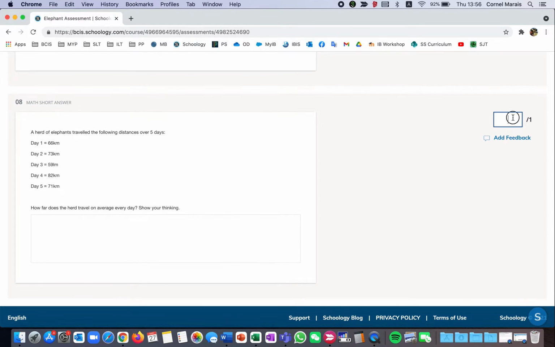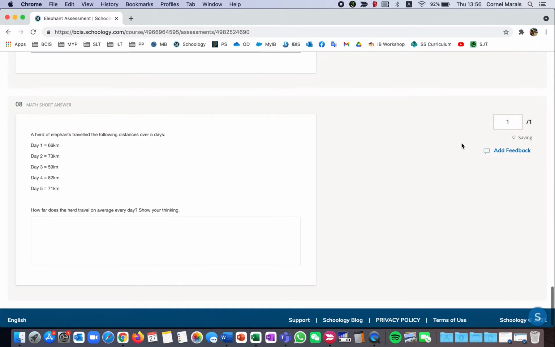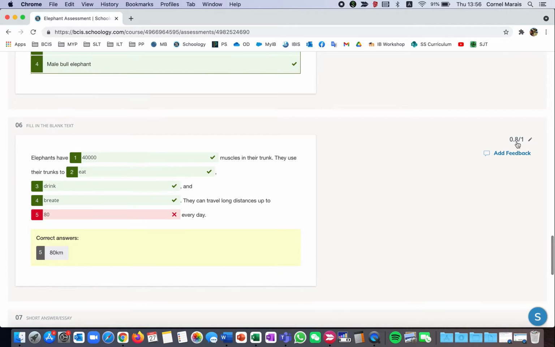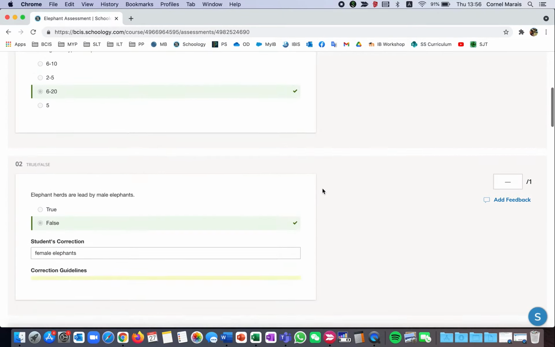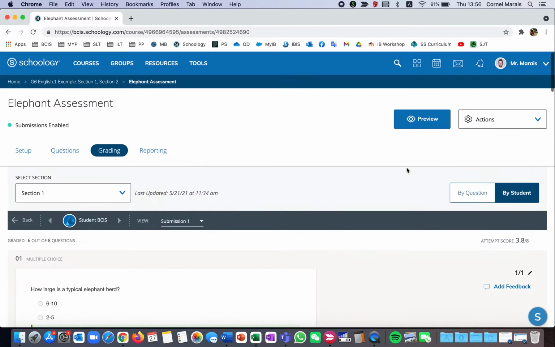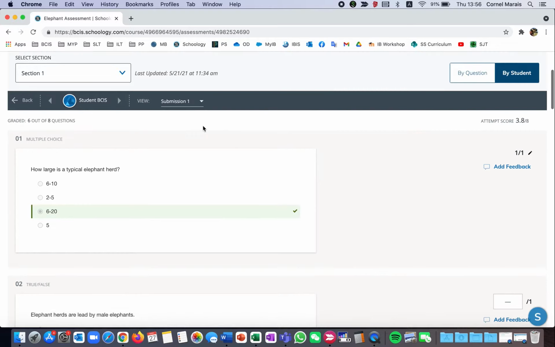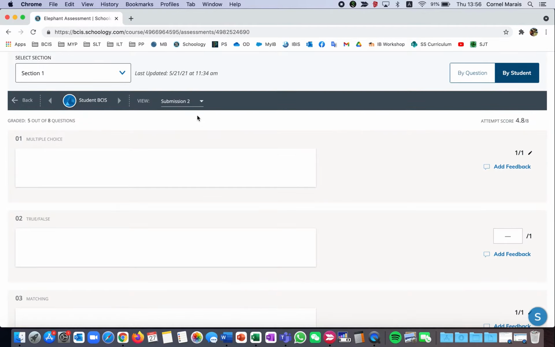So you can assign points. I think this is kind of weird, right? To assign points. We don't really do that. It kind of already gave a point. So we didn't use a numeric scale. So the point system is really not going to defeat our purpose, but it doesn't mean we can't use the tool. All right, so if this student is activated, I can choose, okay, let's see how we did in submission